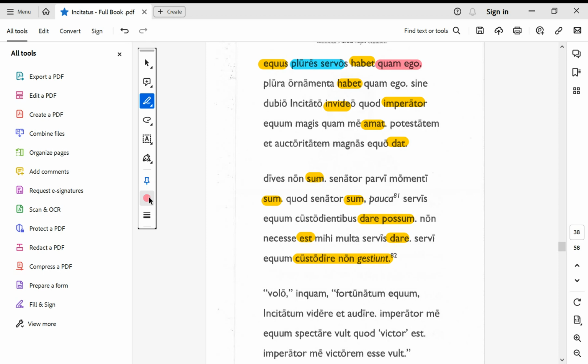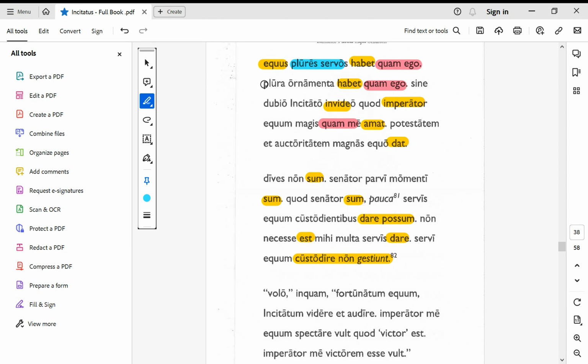Okay, now let's keep going down. Plura ornamenta habet, quam ego. Well, we see that quam ego there, pink. Quam me. So whenever you see that word quam and some pronoun after it, we're going to go ahead and highlight those pink. Let's see if I can find any more down here. No quams down here. Okay, so let's get back to our blue. Let's find some more